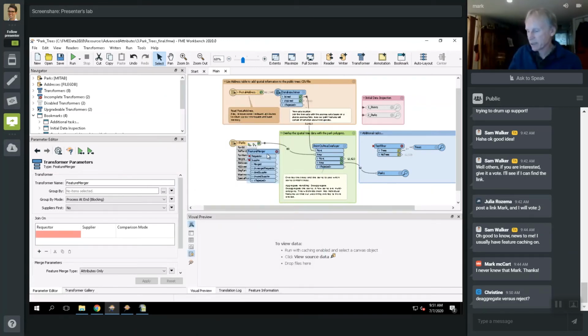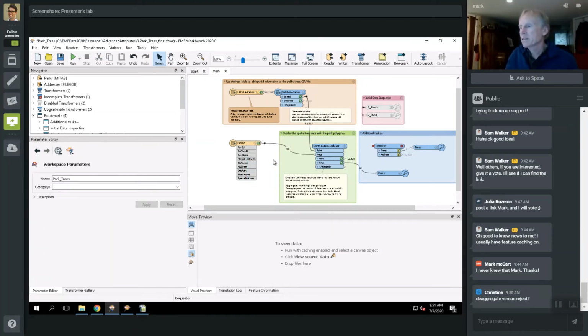So if anybody wants to make a guess at why the cousin of feature merger, feature joiner, doesn't need a list attribute accumulation, they can post it